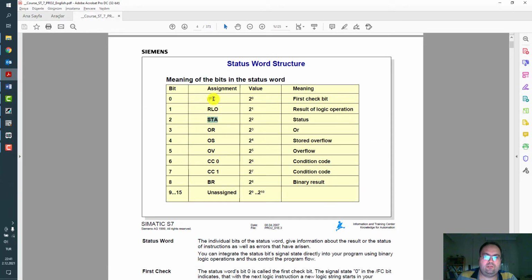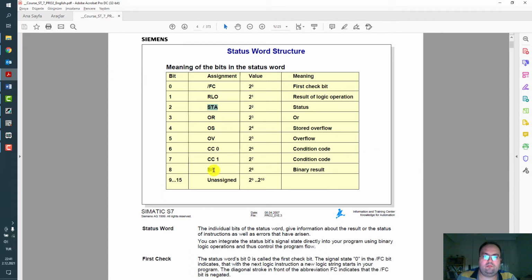And this is the relationship between RLO, status, OR, and let's try to work with overflow and condition codes.